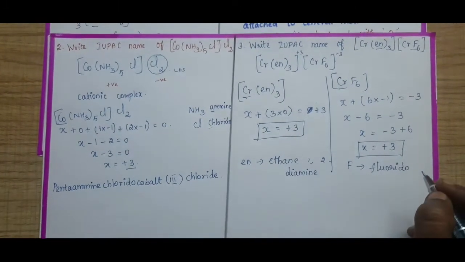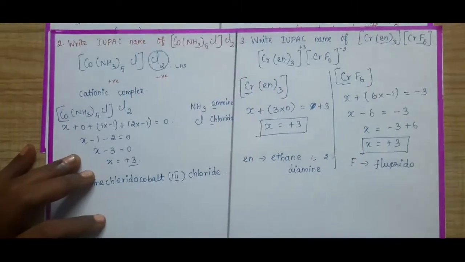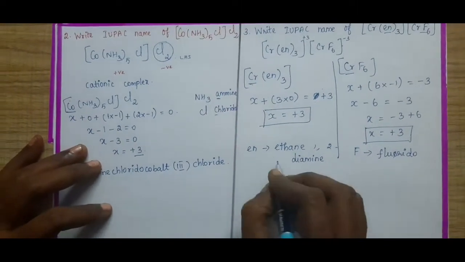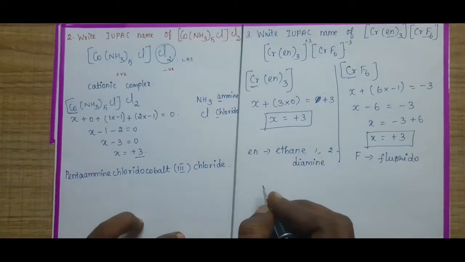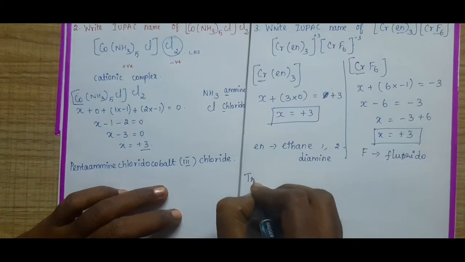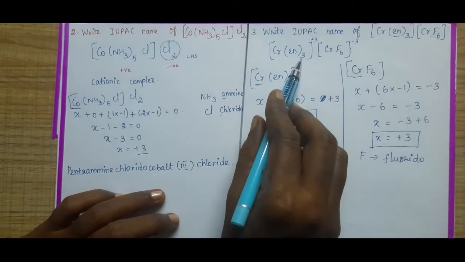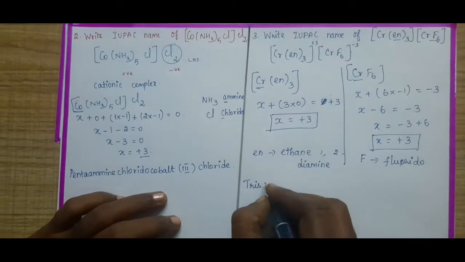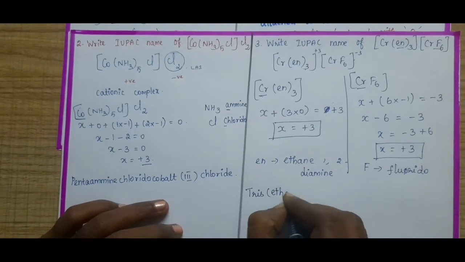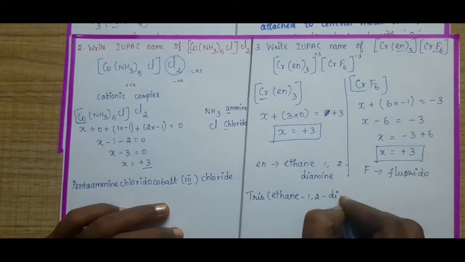So F is named as fluorido, and this is ethane-1,2-diamine. Now you just name this compound: tris. Why is it tris? Because there are 3 ethylene diamine molecules, isn't it? So tris(ethane-1,2-diamine)